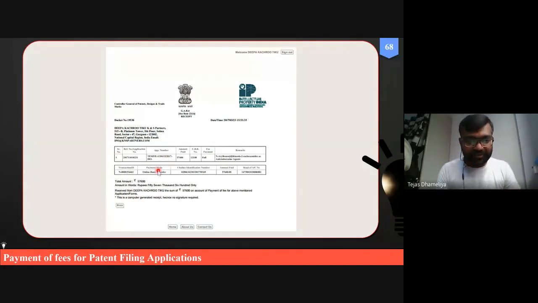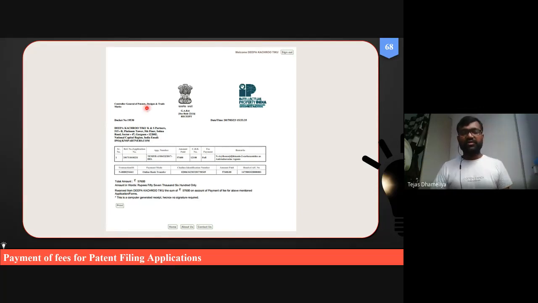For this filing of the patent, you can see here that nearly 55,000 plus rupees have been submitted by this person on behalf of the applicant institute to the Intellectual Property Office of the government of India, the Controller General of Patents, Designs and Trademarks.